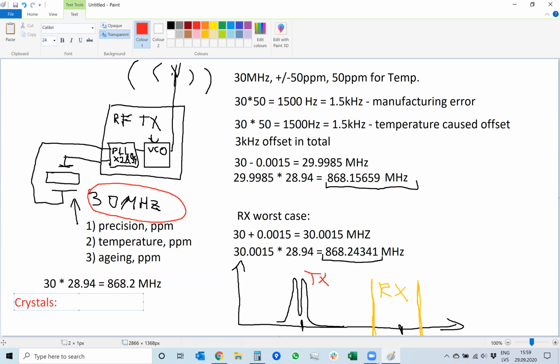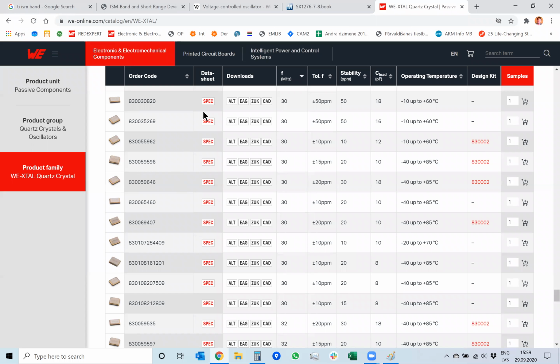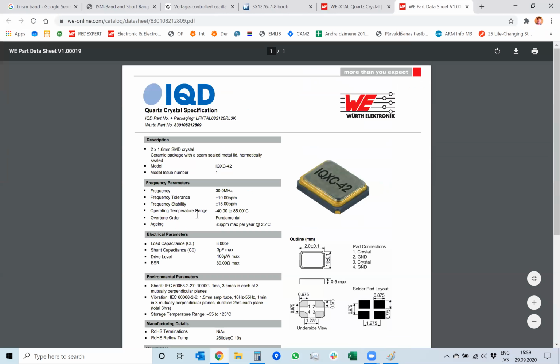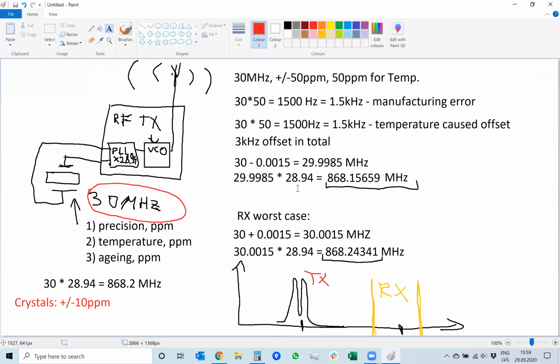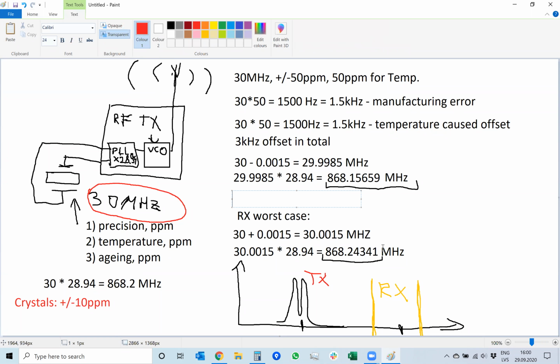You can get crystals with precision of, for example, plus and minus 10 ppm. Unfortunately, that is approximately as good as they get. We can go to the specification and check it out, and it has all of the information, and the stability is anyway 15. So the formula to calculate the worst case offset between temperature between crystals is